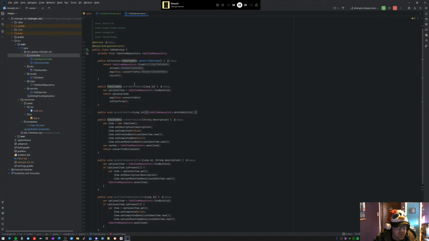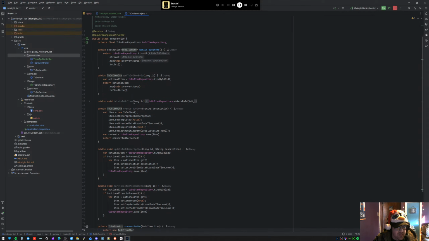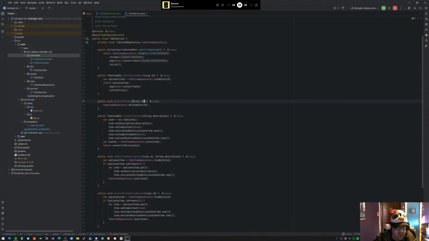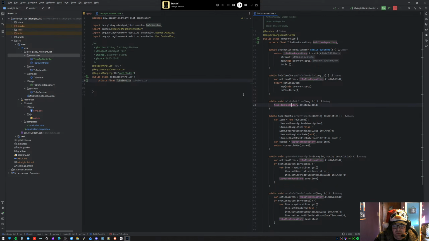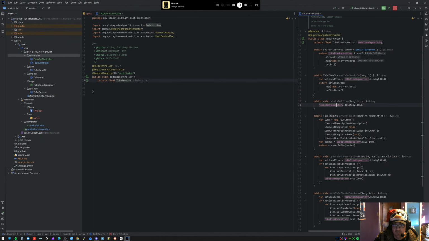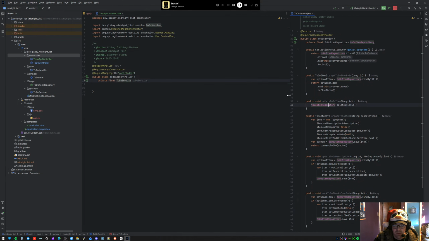And then down here we have a delete method, which takes in the ID and uses the repository to perform the delete action. Okay, so this is very helpful. I'm going to stick this over here so that I can see what my services are